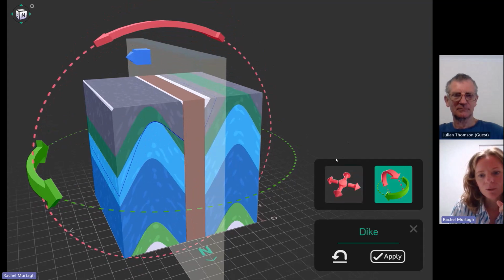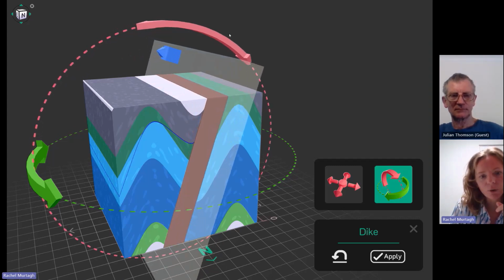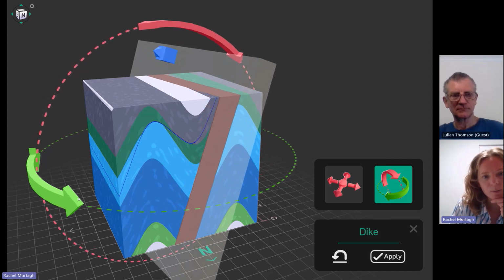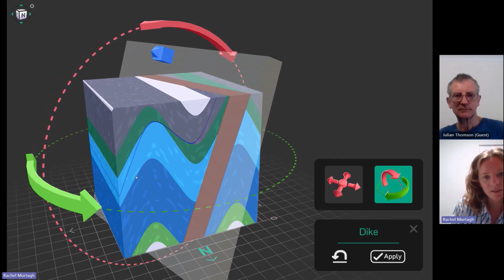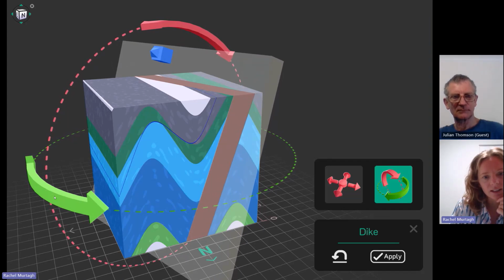So say, for example, I wanted to put a slight dip on this fold. I'm over here in the orientation editor. I get my green, red and blue arrows to be able to slightly dip that fold off to the east, so it's dipping off to the east with north pointing down towards me. And say I wanted to orientate it a little bit so that the plane of the Dyke is actually facing a little bit northeast as well. I click on the green arrow off on the left here, and I drag it across the screen,